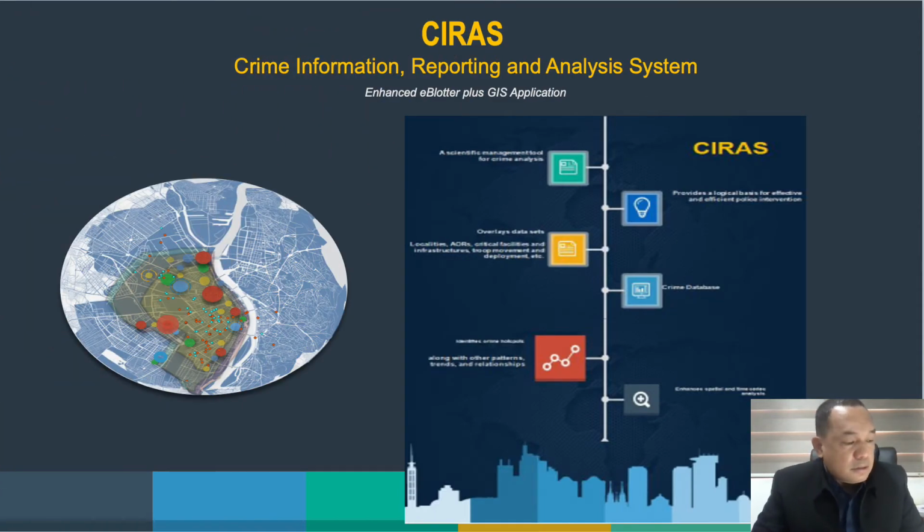Shown in the screen is the enhanced eBlatter or CIRAS. It will be interfaced with Geographic Information System or GIS to evolve into a qualitative crime analysis management tool. CIRAS will also be able to incorporate or access data from different e-projects of the PNP. This modification of the eBlatter system will enhance the ability of the field commanders to conduct qualitative crime analysis more